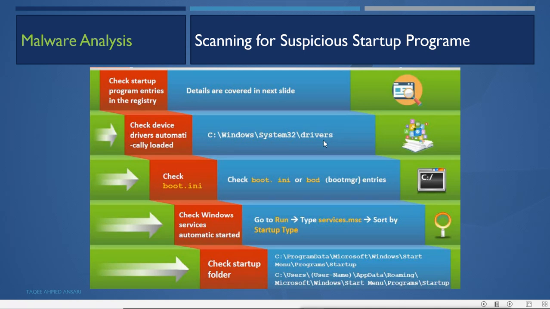Then we can check the boot.ini file or BCD boot manager entries. In the latest Windows we don't have the boot.ini file; we have the BCDEdit command to manage the boot entries. Then check for Windows services with automatic startup. We can check services.msc to see which services are starting automatically, as we have seen already.